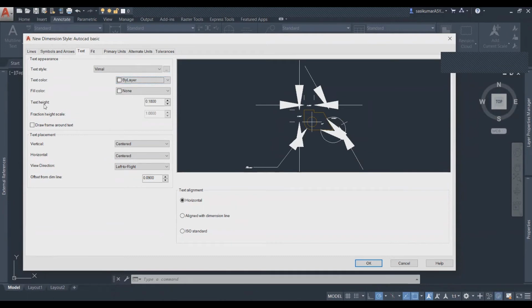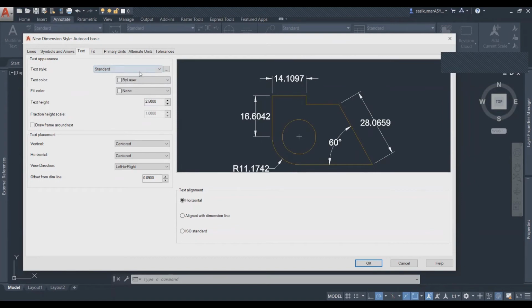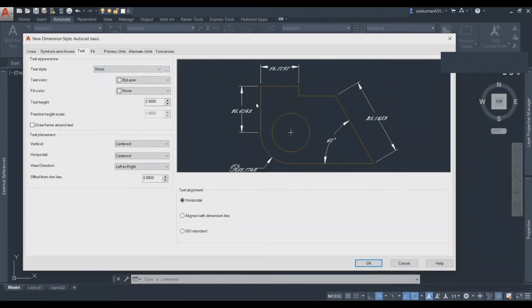The next one is text height. Okay, text height should be 2.5. This is very standard. You have to follow the style. Maybe you can wonder why I am changing to Vimal. Actually, it should be standard or any other style. Just for the reference, I changed it to Vimal. That's why the style of the text is different.